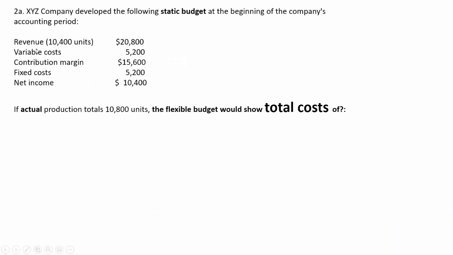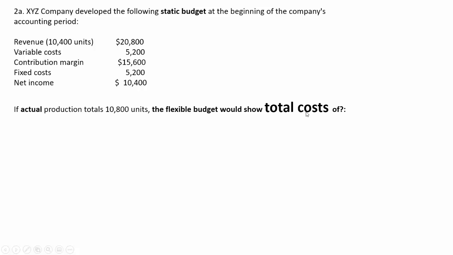Our next question: XYZ Company developed the following static budget at the beginning of the company's accounting period. They thought they were going to do 10,400 units, and that would give them revenue of $20,800. Variable costs were going to be $5,200. Contribution margin would be the difference between the revenue and the variable cost, which would be $15,600. Fixed cost $5,200, and net income would be the difference between contribution margin and fixed cost, which would be net income of $10,400. Now, what if the actual production totals 10,800 units, the flexible budget would show total cost of